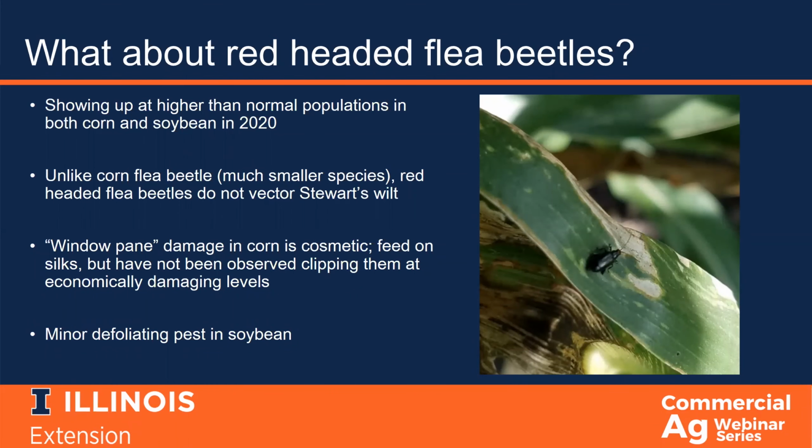But we've seen fairly high populations of this red-headed flea beetle in Illinois in 2020. And one thing that's important to point out, you don't want to confuse this with the corn flea beetle. That's a much smaller insect. That one's really about the size of a pinhead, quite small. That's the one that will vector Stewart's wilt, especially in sweet corn and specialty corns. They can vector that in field corn as well, but most of our varieties have some varietal resistance built in